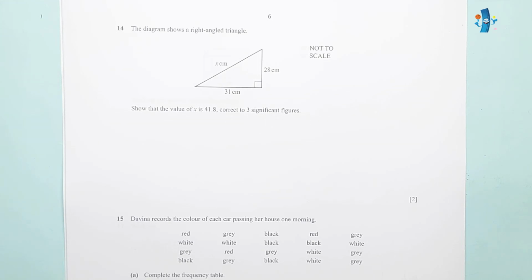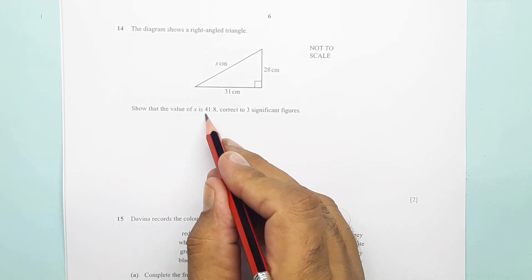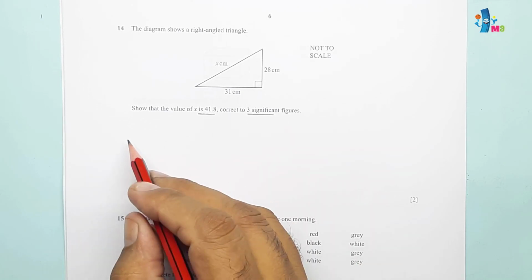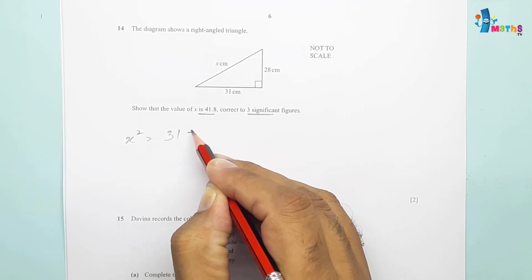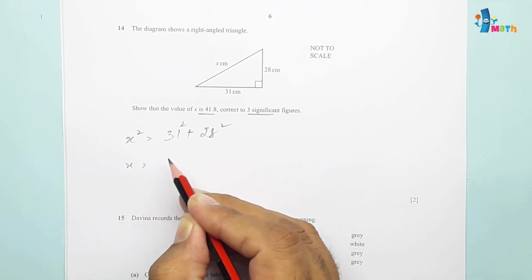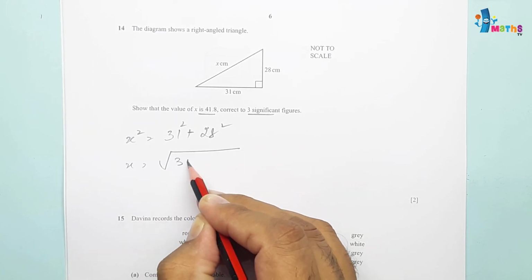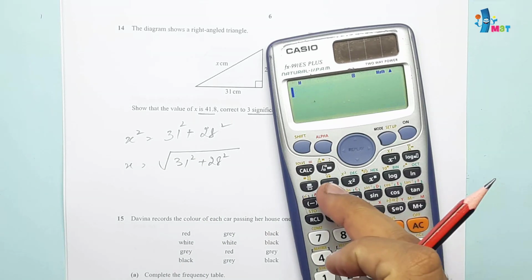Now question number 14, the diagram shows a right angle triangle. Right angle triangle means we can use Pythagoras theorem, so that the value of x is this one, correct to 3 significant figures. So x squared will be equal to 31 squared plus 28 squared. It means x is equal to root of 31 squared plus 28 squared, and calculator,